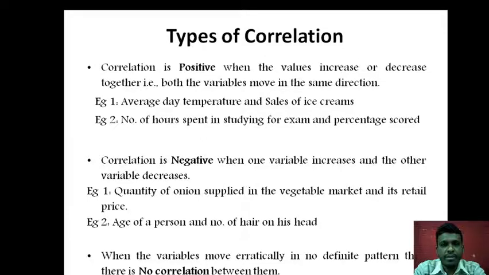For example, number of boys present in a class and the score, that is the percentage they score in the examination, are they related to each other? Does it happen that if there are more boys, the score of the boys will increase or decrease? No, that is not related at all. Hence, such kind of variables which are not related to each other come under no correlation or zero correlation. Hence, the value of such variables, that is the coefficient of correlation, is 0.